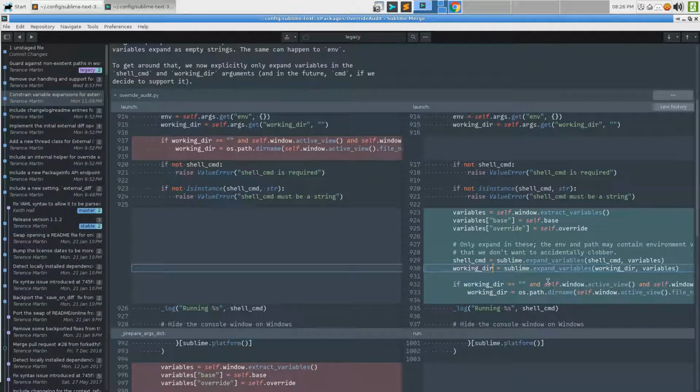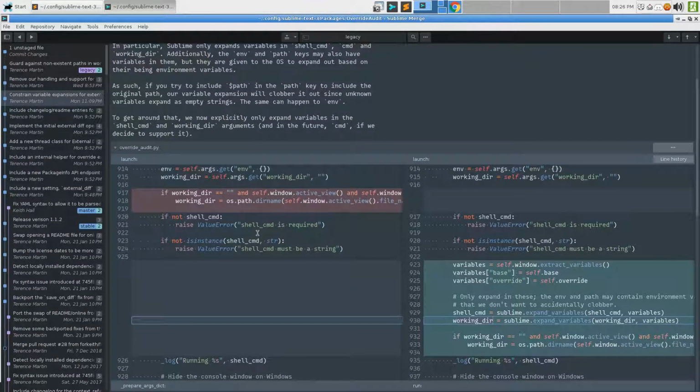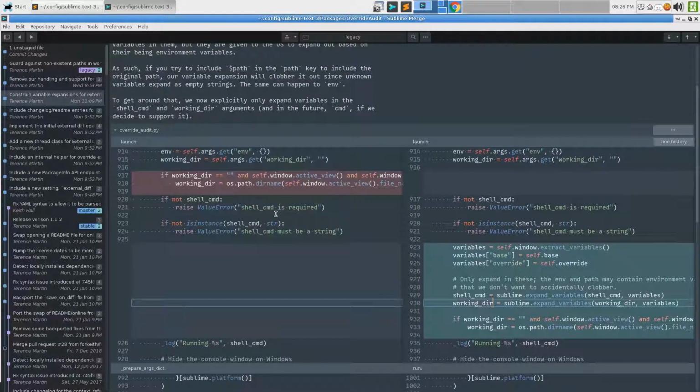Those are the only fields in a build system that can expand variables. And in particular, because the environment variables in the env var look like variables, this would clobber them. So I fixed that. But at the same time, there was this other problem with build systems in um,